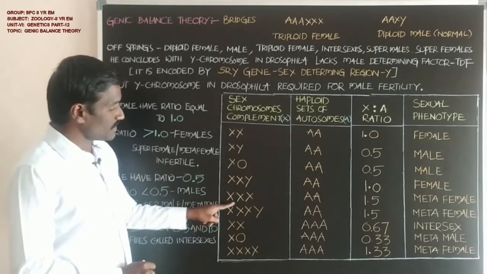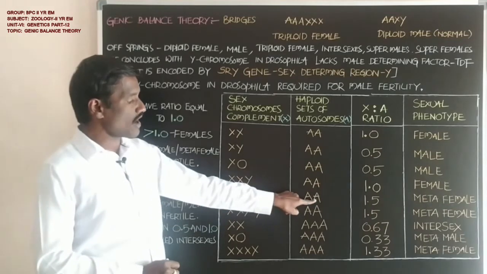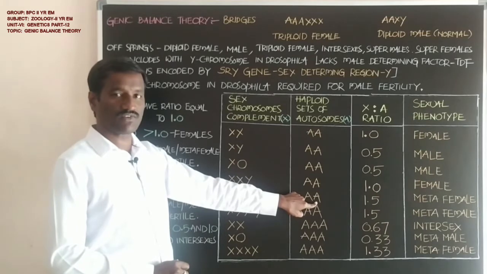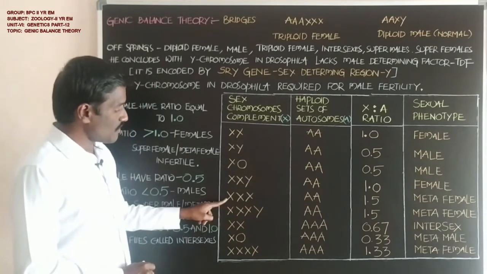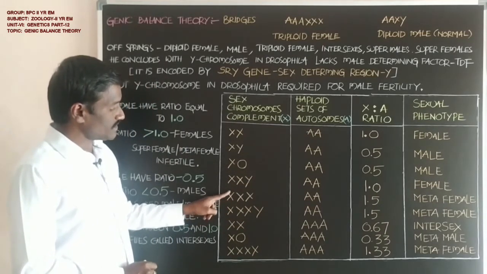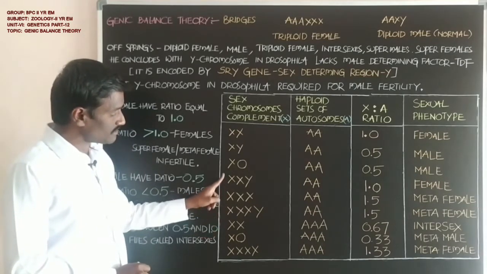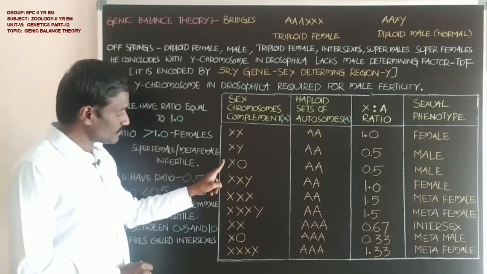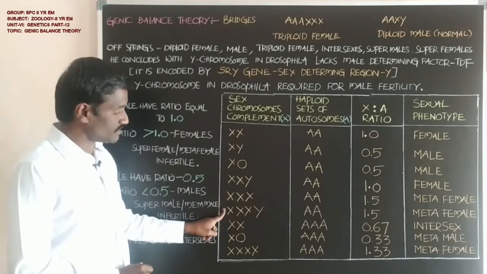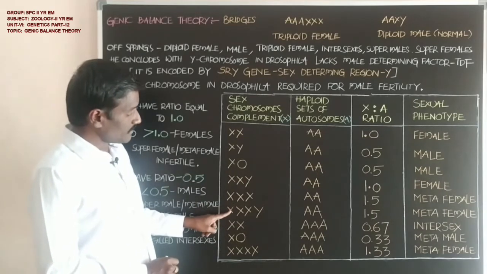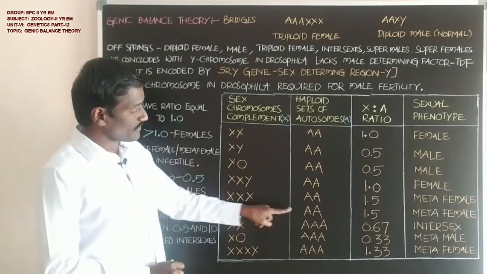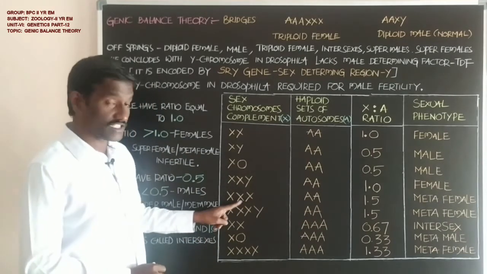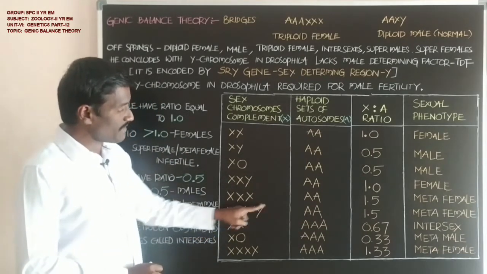Next, 3 X chromosomes and 2 autosomes are present in the zygote after the fertilization between the egg and the sperm cell. Okay, students, these are abnormal gametes. These 3 are abnormal gametes. X0 also, these are abnormal gametes, students. With 3 X chromosomes and 2 autosomes present in the zygote, the X by A ratio is 3 by 2